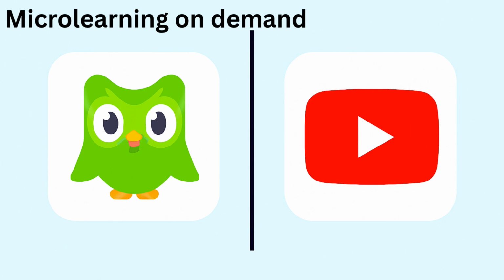Thinking about smartphones, for example, many individuals probably have some microlearning tools on their phones currently, knowingly or unknowingly. For example, if you're learning a foreign language, you may have Duolingo on your phone. If you need a refresher on math or science, you may have Khan Academy on your phone. There is a whole host of microlearning materials out there that we have access to.